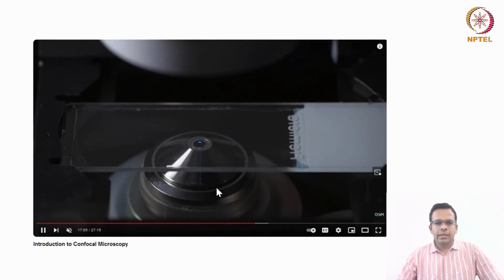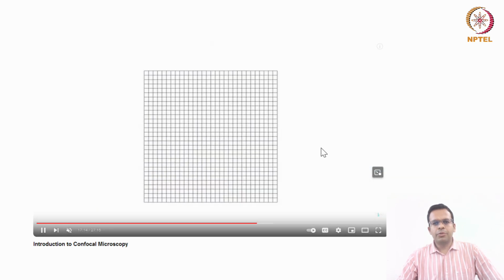You can see that the confocal microscope is scanning the image in X and Y. You can see that the entire illumination field moves from top to bottom.